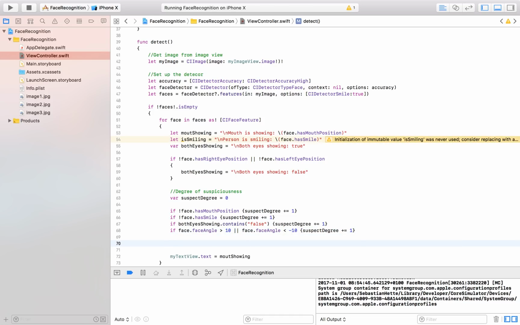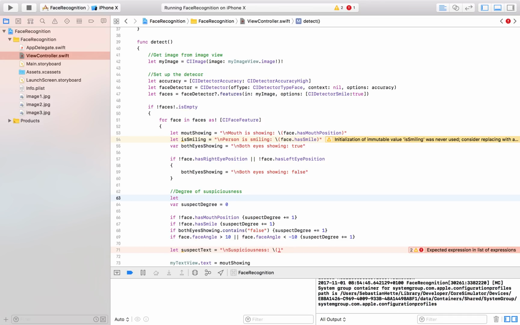And now that we have all of this calculated, we can also store our suspicion in a constant. So again, let suspect text is equal to, again, line break, suspiciousness, probably wrong written, and then we're going to add here. What we're actually going to do is, instead of just adding a number, I'm actually going to create an array, and I'm just going to fill it with low,